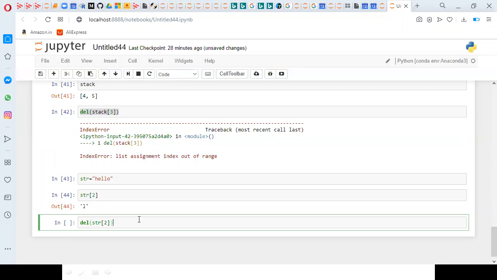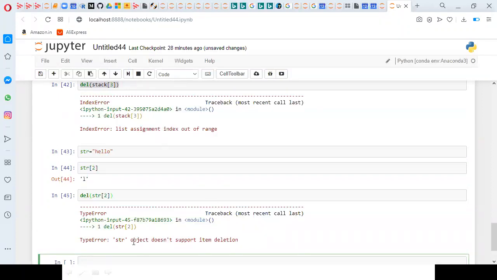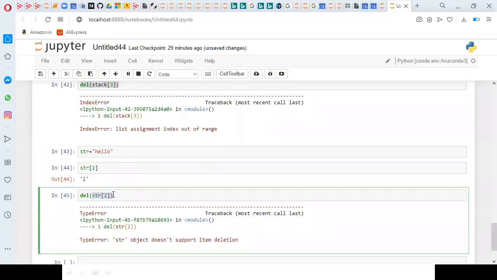Why? Because string is an immutable object. When I try to execute, it says the object does not support item deletion. So just to observe, del of stack of 2, deletion done. But when it comes to str of 2, it is not possible, because the only reason is that string is an immutable object.